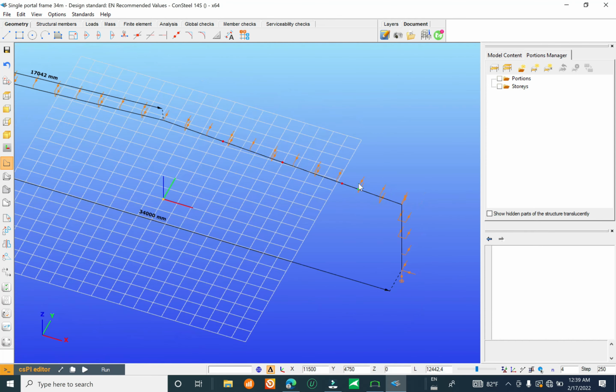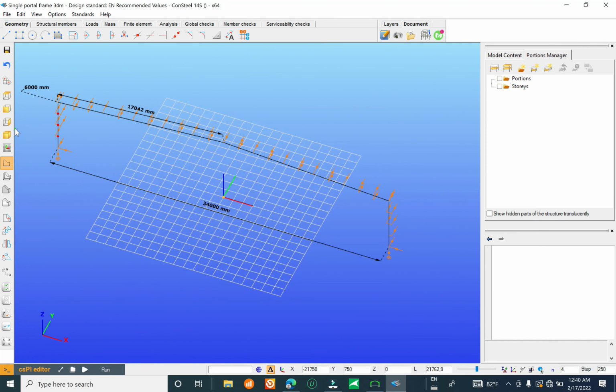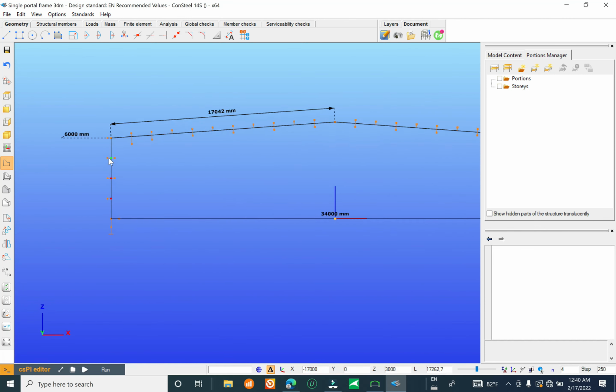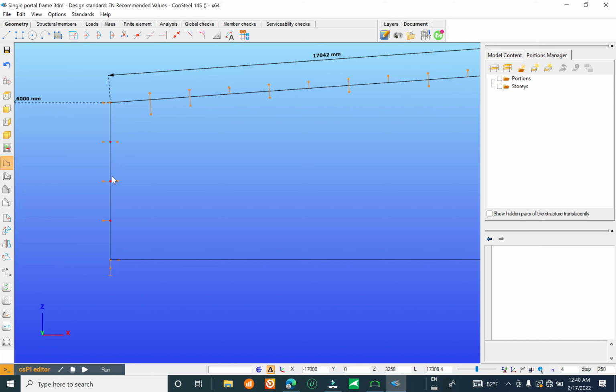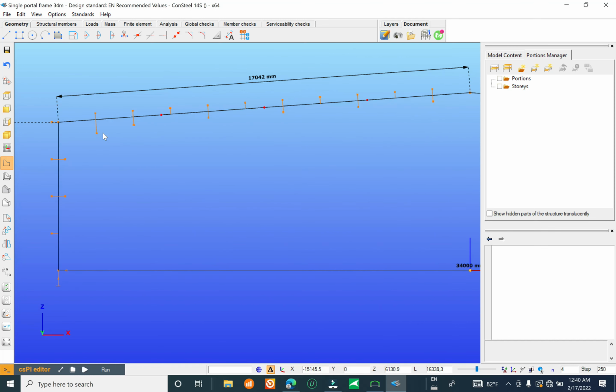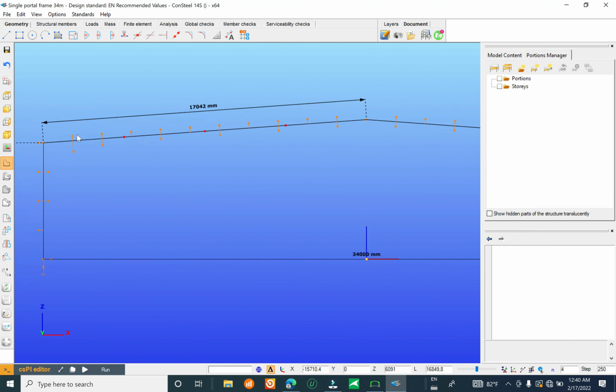Okay, you see here it is restraint. Okay, in this column we have both restraints, at the middle and above, and the rafter we have here the restraint at the top and the bottom, and we skip the top and bottom,